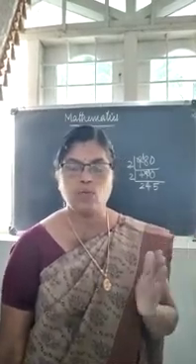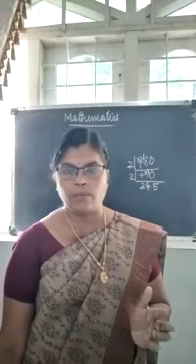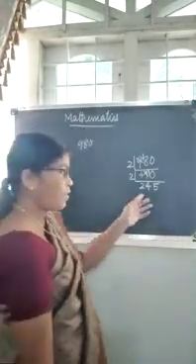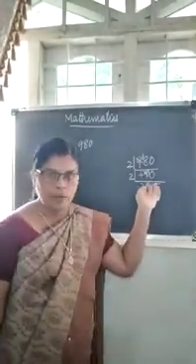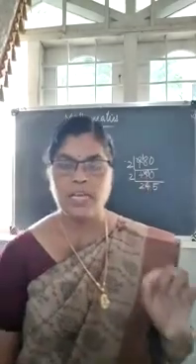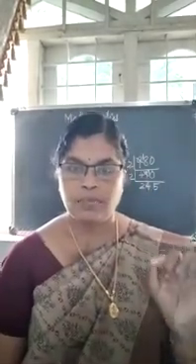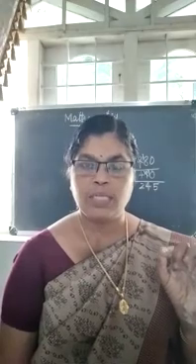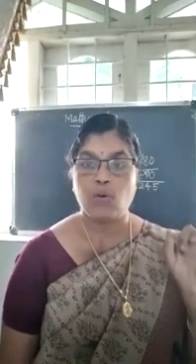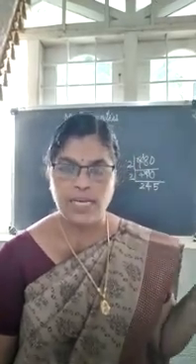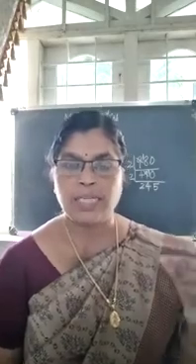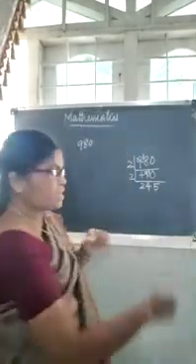So next we move to the next prime number, that is 5. Is it divisible by 5? Yes, this number is divisible by 5 because in the ones place 5 is there. If it is divisible by 5, in the ones place there should be 0 or 5. Here 5 is there, so we can divide that number by 5. So let us divide by 5.